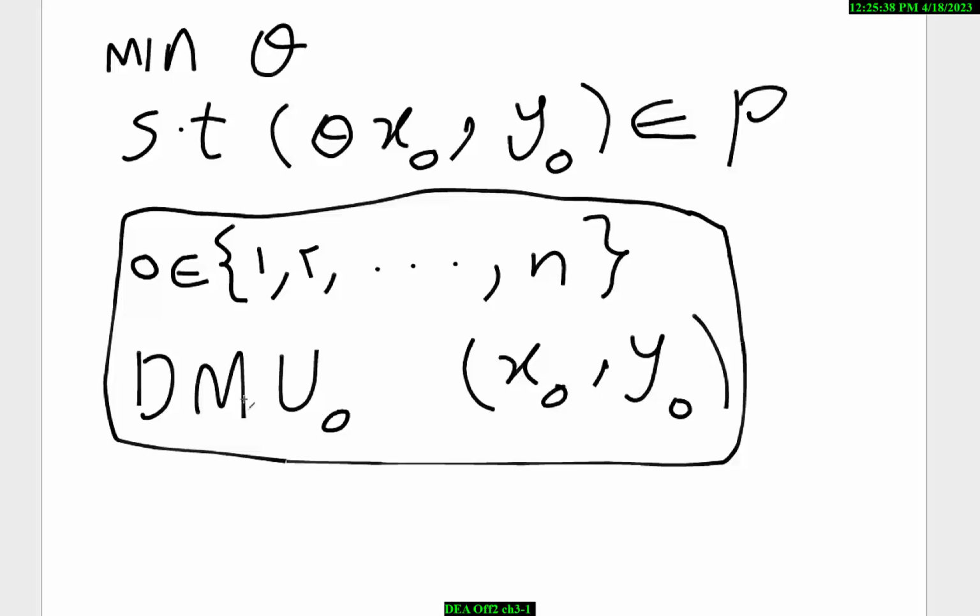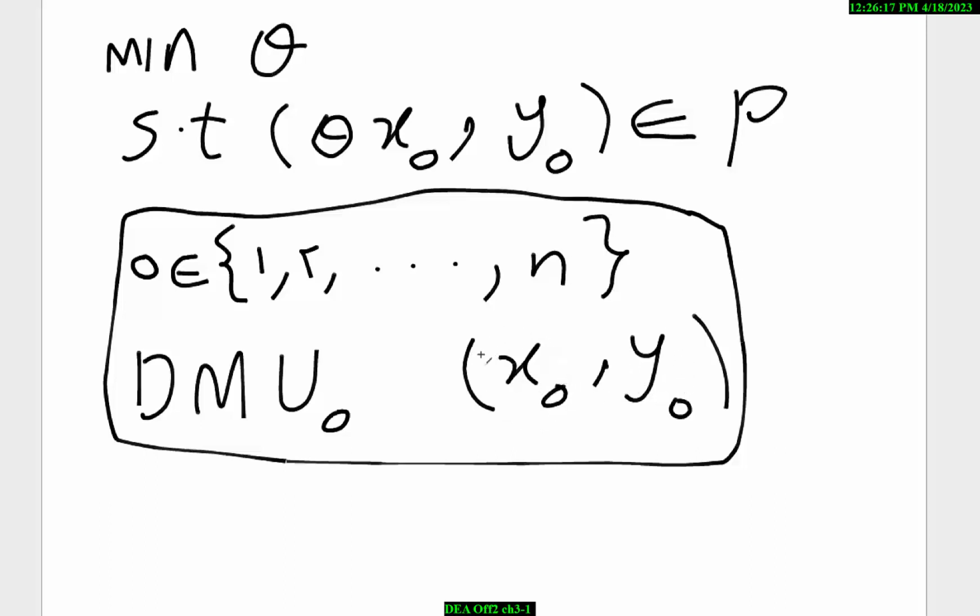So for DMU o, the inputs are in the vector xo, and yo is its output vector. As we said before, this is an input oriented model. We want to know if we could produce